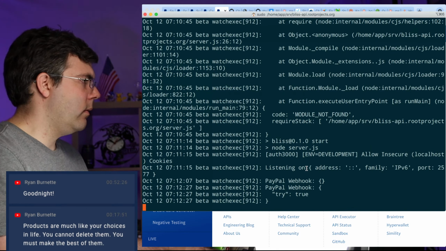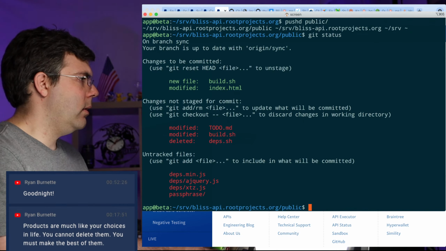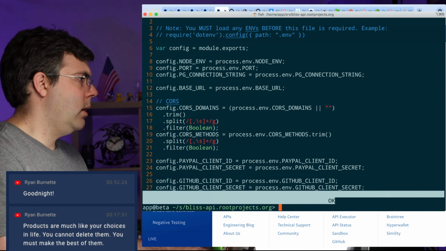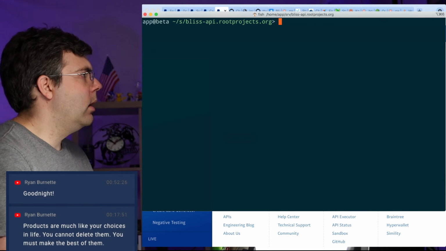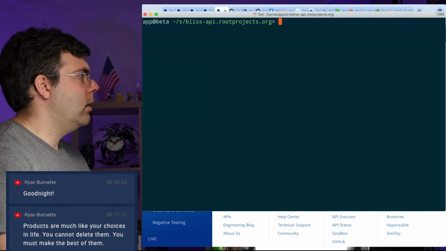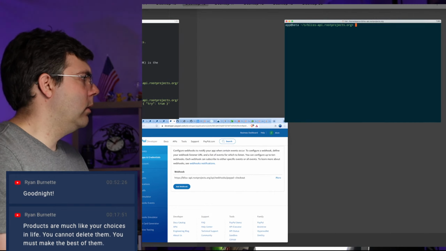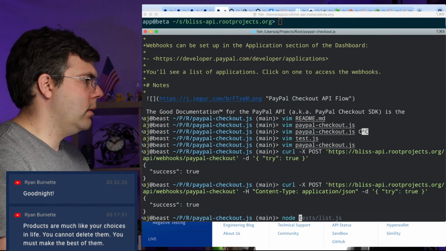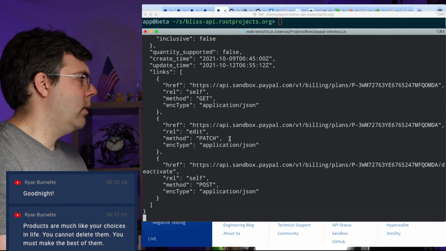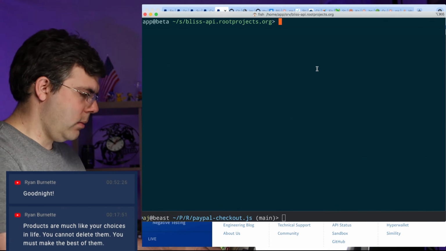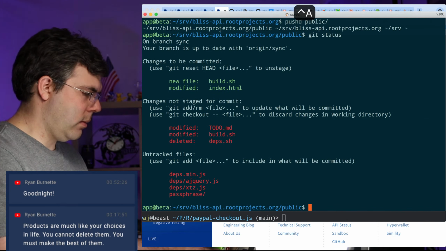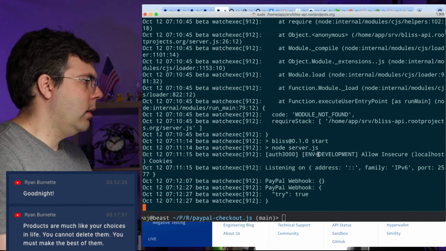Okay, well then, let's go back over here and let's run, well, I guess go here and then let's run the test. And then ostensibly we'll get a webhook that shows that something was updated, right?